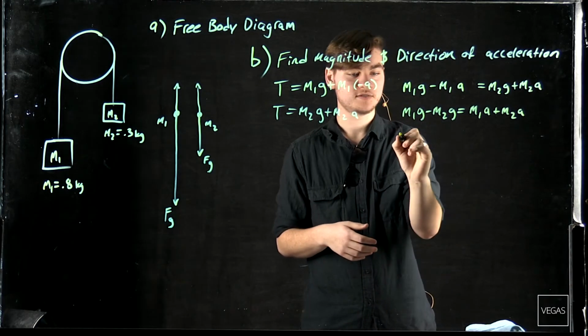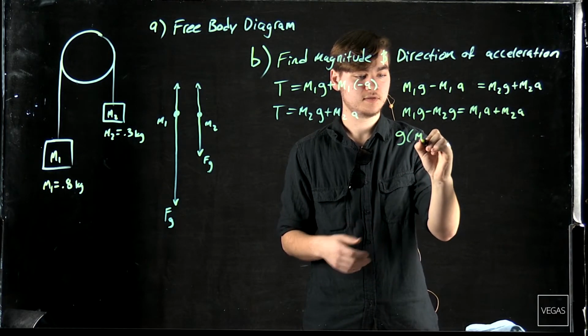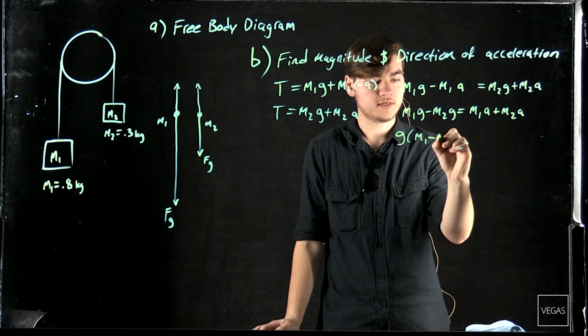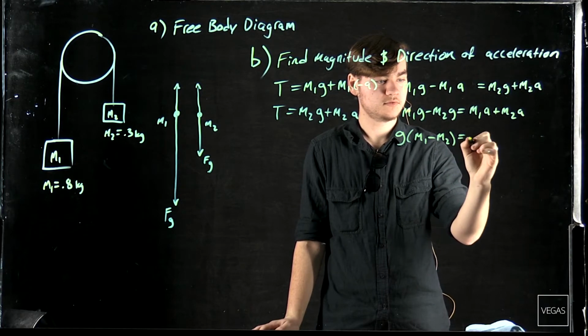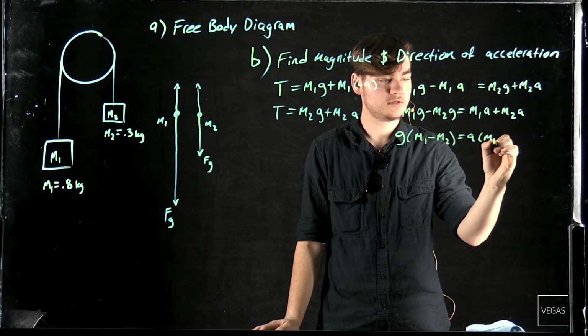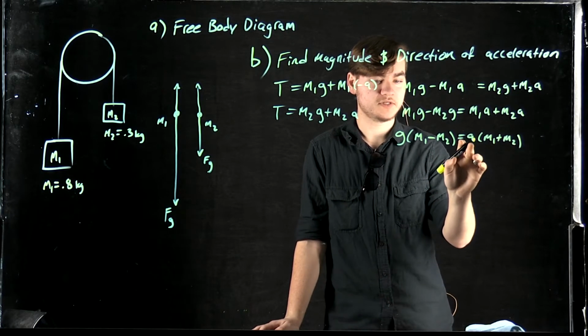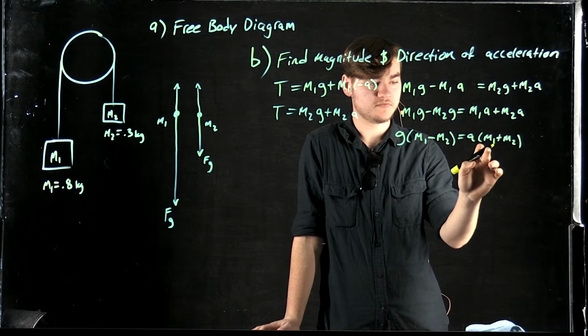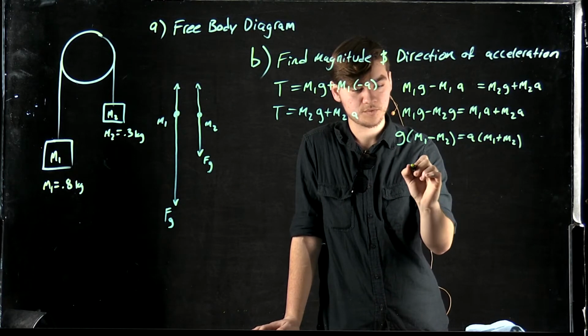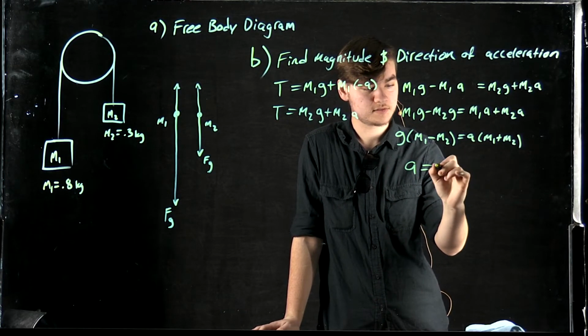And then you would pull out the like terms. So you'd have G times (M1 minus M2) equals A times (M1 plus M2). And then we're solving for the acceleration here, so we basically just divide this over. So we would have A is